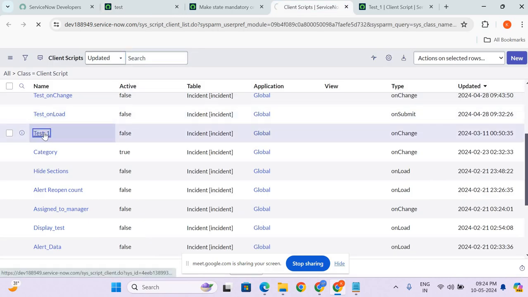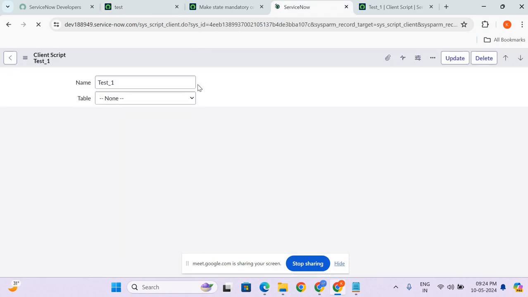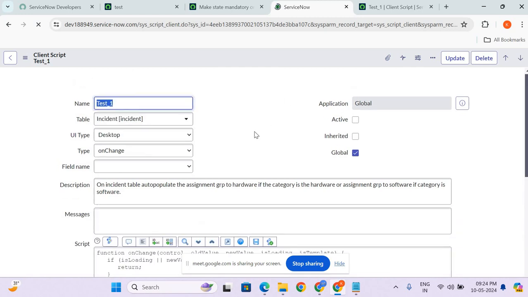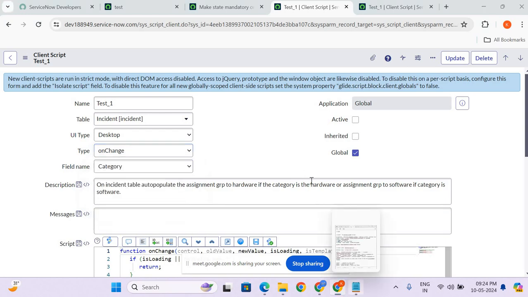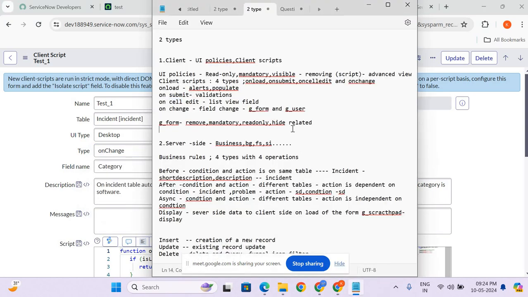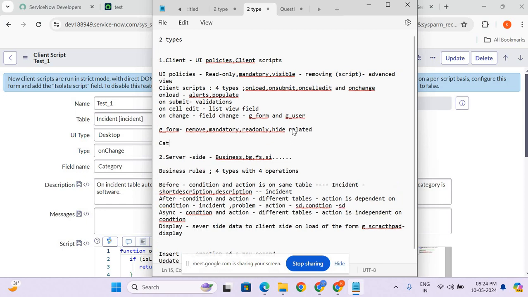Let's just see that. So this is the form, and if you see here we have the four types: on change, on load, on submit and on cell edit. On change, on load and on submit work for the form view, and on cell edit will only work for the list view. And we also have the catalog client scripts,